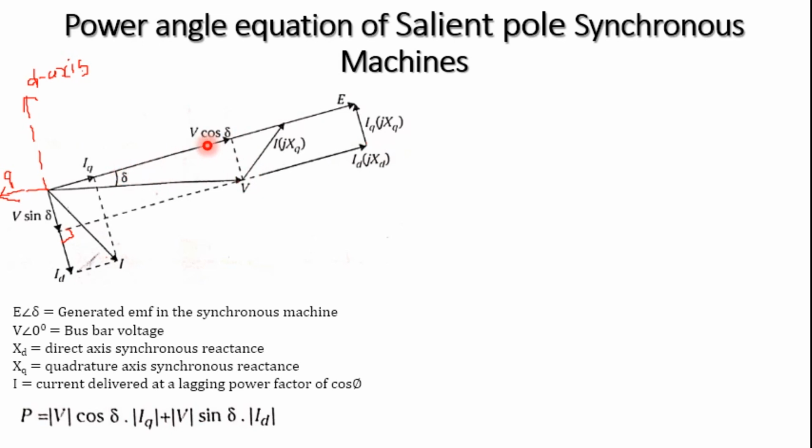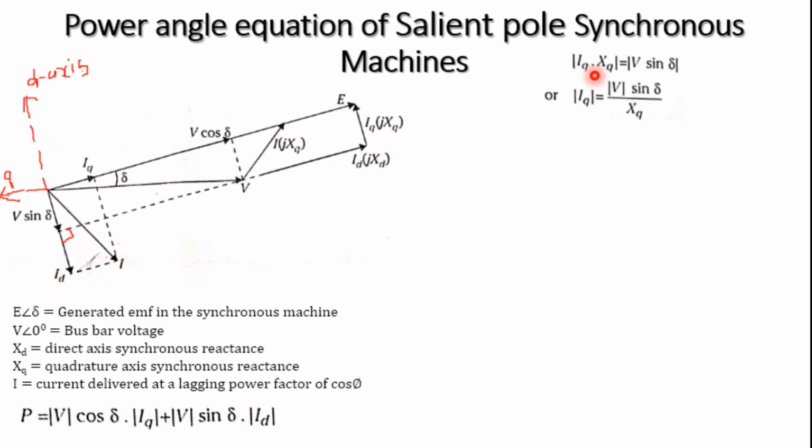So this is nothing but the x-axis, which we consider as cos delta. Here we can see V sine delta. This is with respect to cos, this is with respect to sine. This is VE. What we can see here is that we are converting the q axis and the quadrature axis all together. Look at the total power. With V cos delta, what is the current flowing here? It is IQ. Here it is V sine delta, and the current flowing is ID.